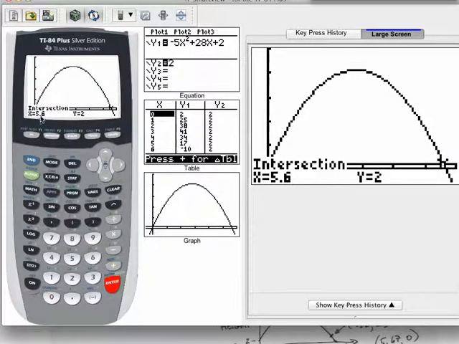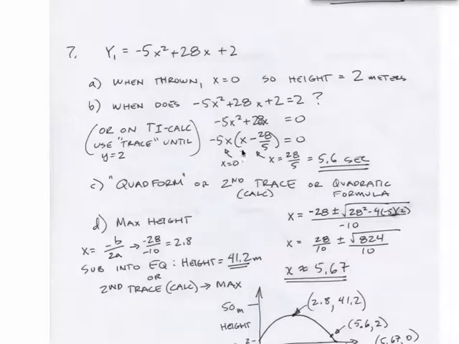Which is the same as the algebra version of this. If I go in here and factor this and solve this one, this factored part is only going to be equal to 0 when it's exactly 5.6 seconds. Okay? So then